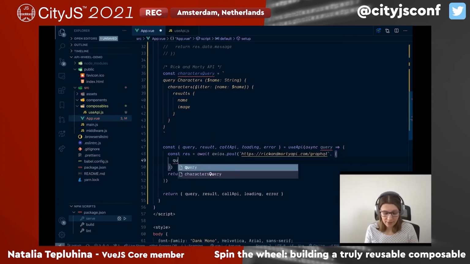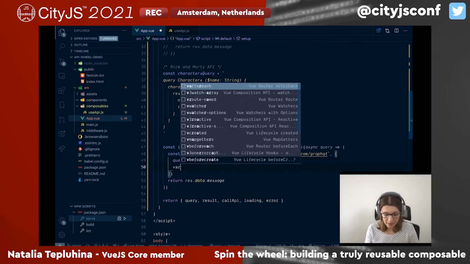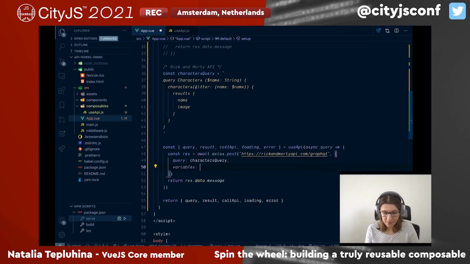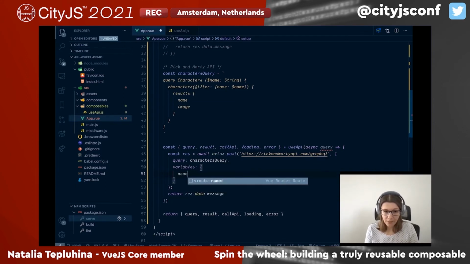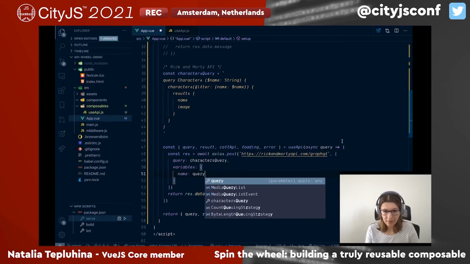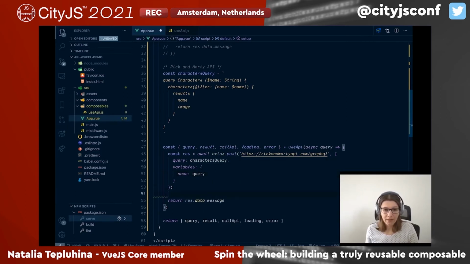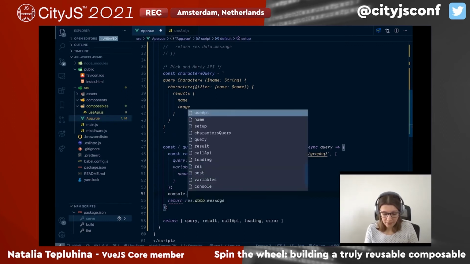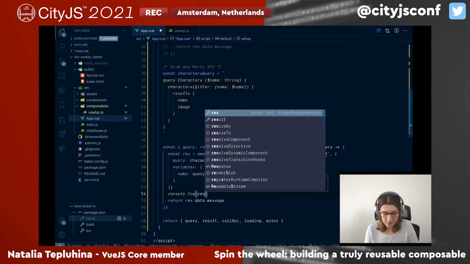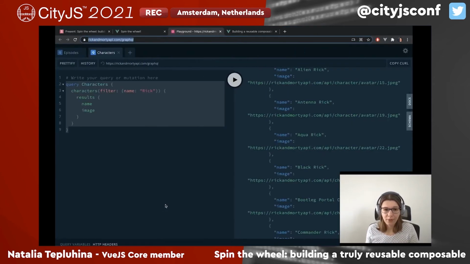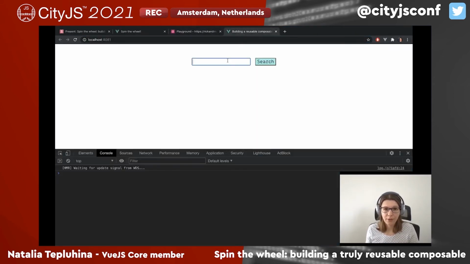And in the body, we will have a query, which is characters query. And we need to pass variables where name is our query we will type in the input. And let's make a console log res to see what is going to go wrong. So Rick,